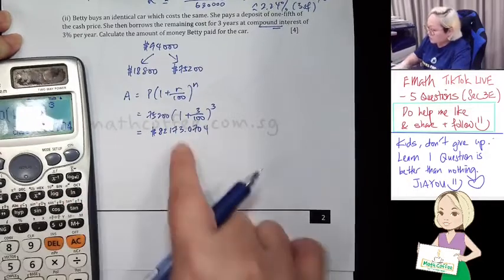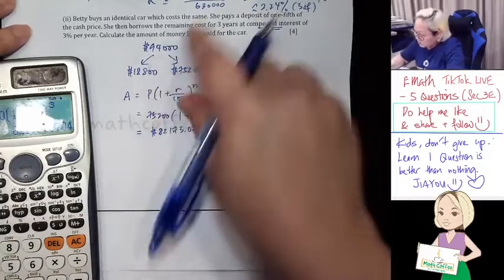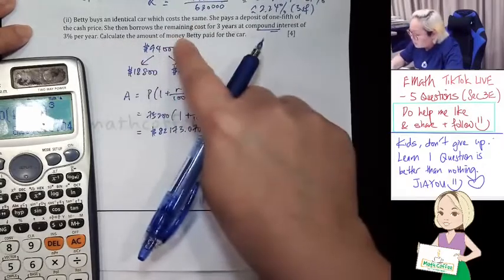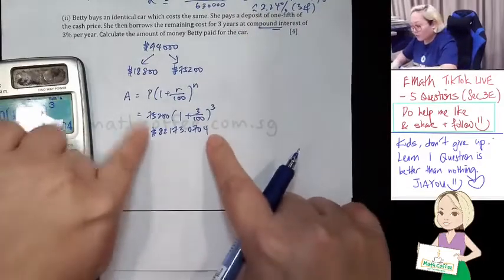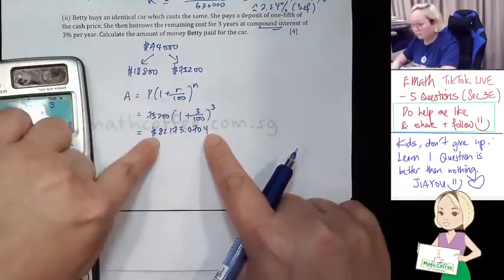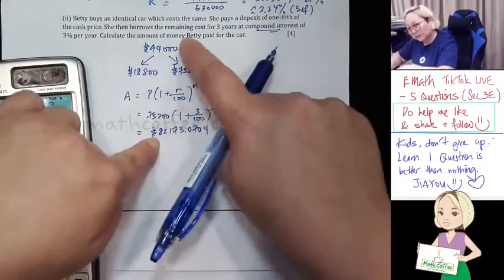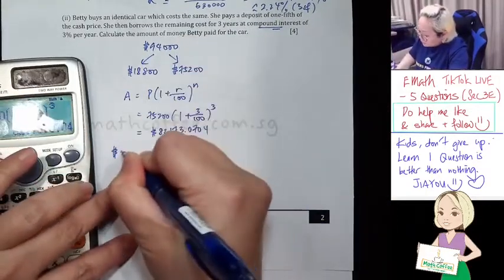82,173.0704. This is the amount. This amount means the principal plus interest. So, calculate the amount of money Betty paid for the car. Don't stop there. Don't forget that you actually paid 18,800 as well initially. Don't say that you only pay 82,000 for a 94,000 car. No such good thing. So the amount that this lady pays is